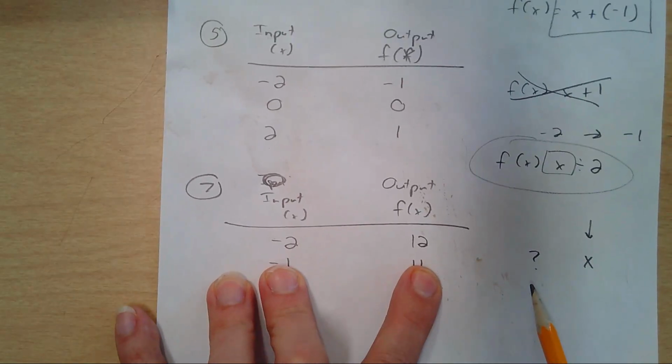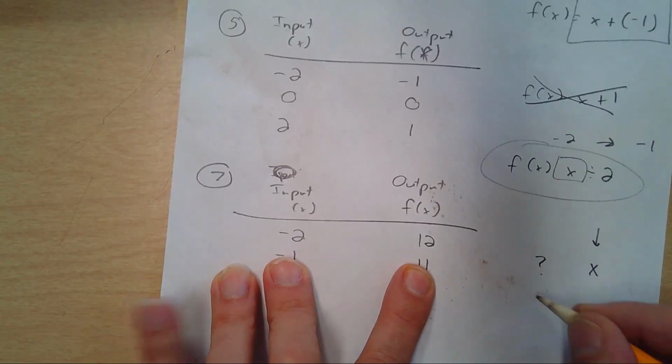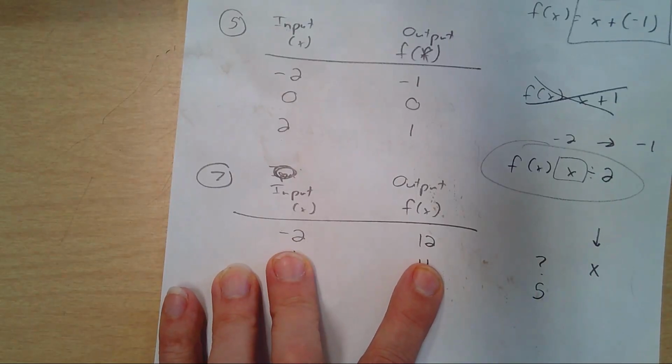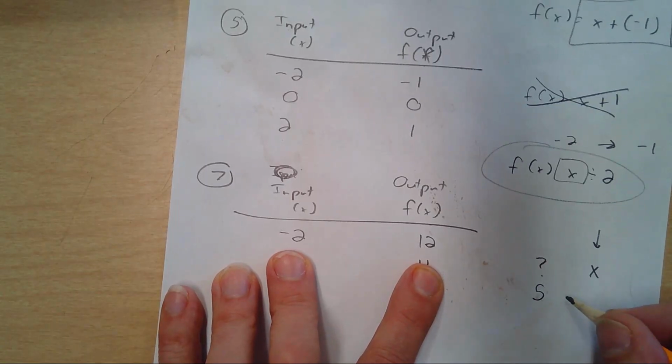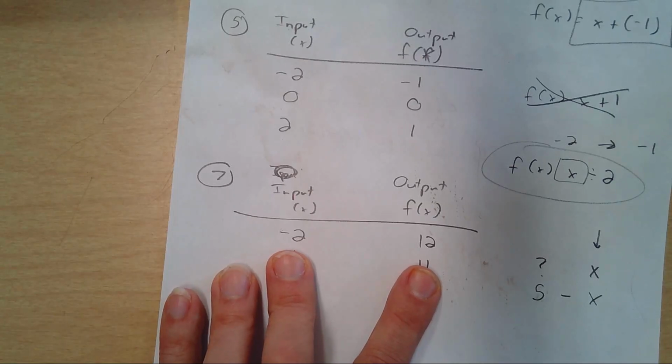So think of a number, any number, such as, we'll say 5. Okay? And then, what am I doing to x? We'll just say subtracting it, subtract x. So if I have 5 minus -2,